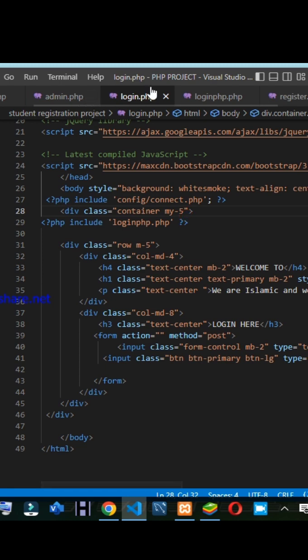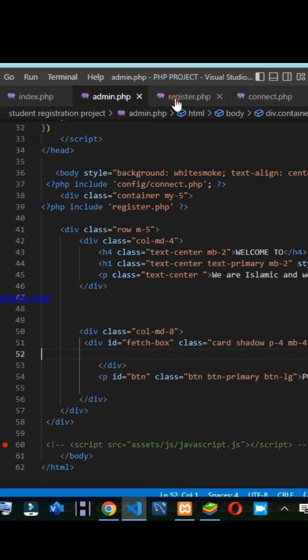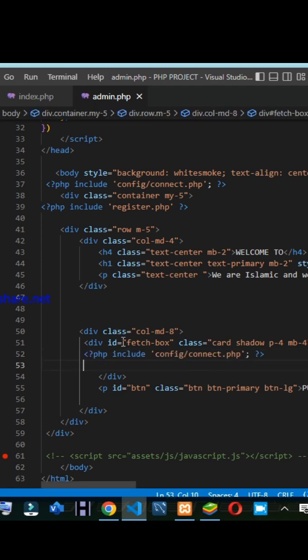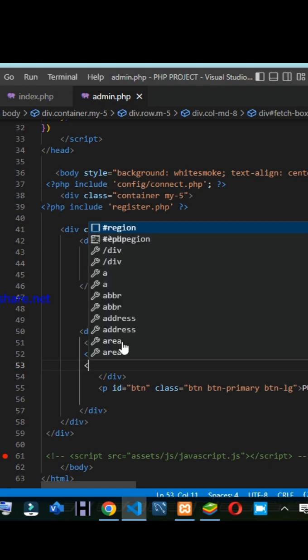So let me clean all this up and do this. So now I'm here. Now I can write my PHP code inside this box to fetch the data. So I can just say